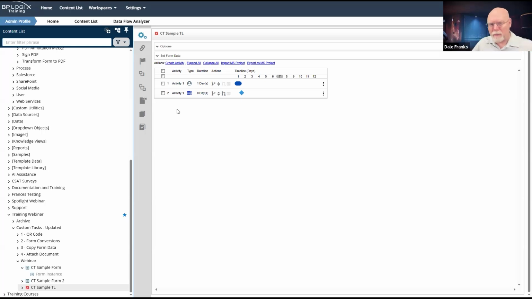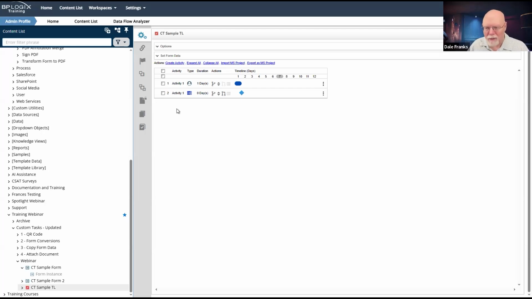Because of the way the convert to PDF runs, whether I run it on the form or in the process timeline, if I run it immediately after a user activity, then that user activity, that form, is not going to close. It's just going to keep spinning. Now, I can try to run something between the two activities to break the chain, but that just gets ugly and doesn't work very well.